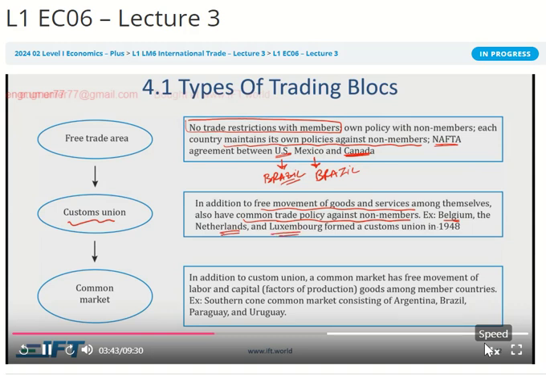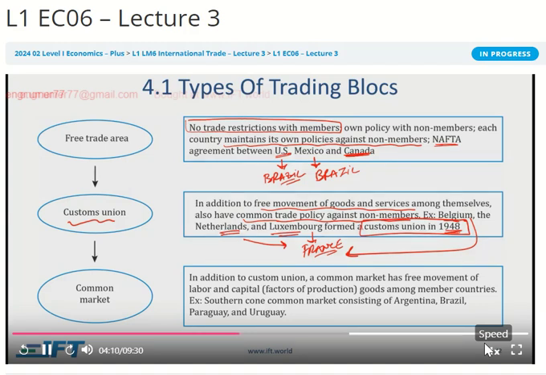They will have open trade between themselves, and all three of them will have exactly the same terms towards France as well. And this is obviously old. Now they are all part of the euro. But a customs union is where free movement of goods and services is there among members, and a common